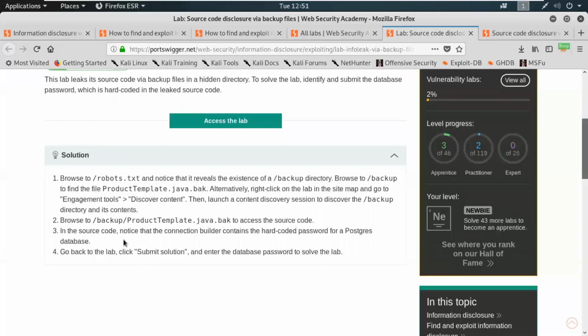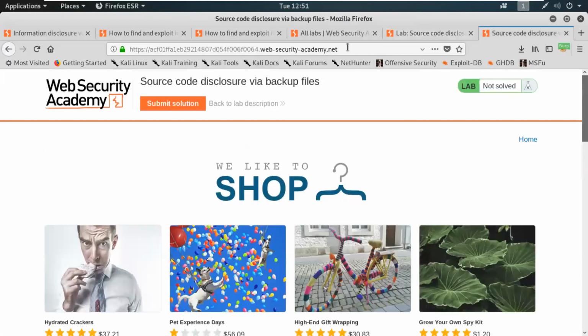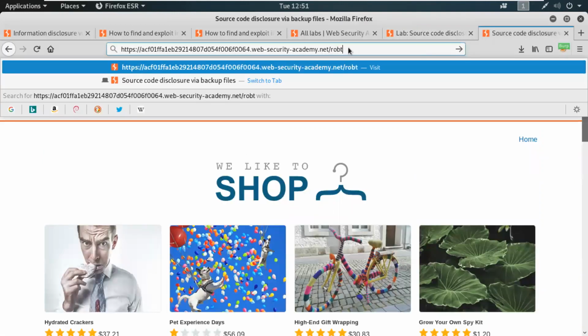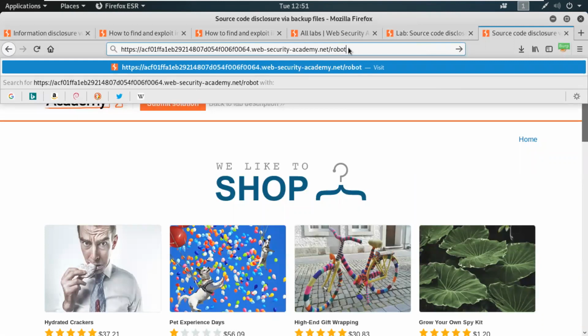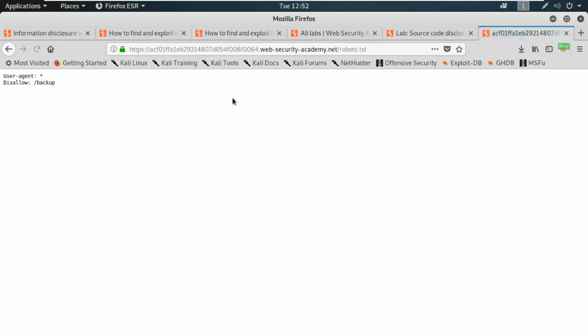In the source code, notice that the connection builder contains a hard-coded password for the Postgres database. See, if I simply open the robots.txt file, I'll see the backup directory over here.